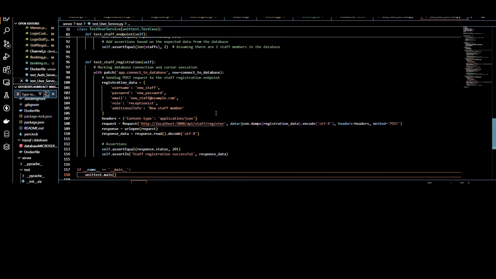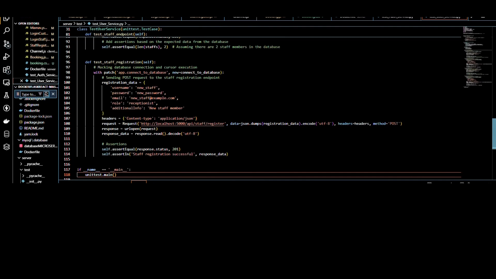Then we check the response from the server to ensure that the registration was successful. If the status code is 201 and the response message confirms staff registration successful, then the test passes,